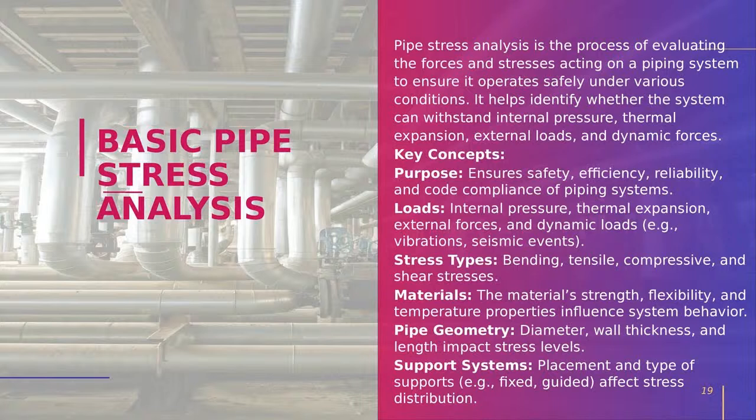Why I'm telling this is, recently we did one project. We had completed everything, the general arrangement and isometrics. But when we went for execution, we found that the connecting equipment is made up of some other material, which was not allowing our pipe to connect. Its nozzle allowable load is very low compared with the API code.